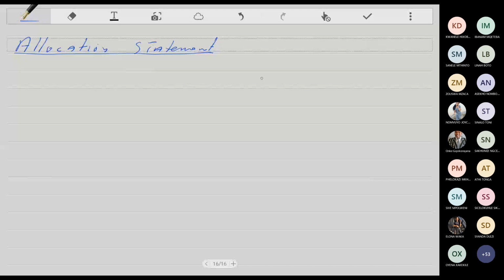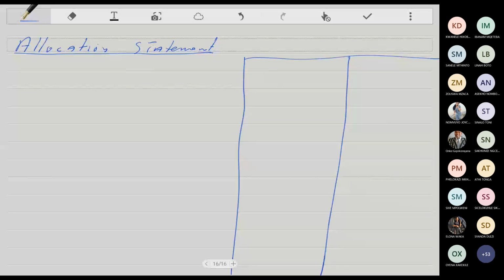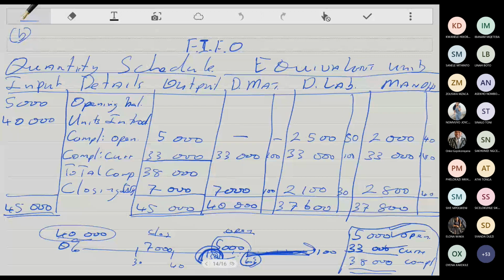Once again, when we draw up the allocation statement, we always end up being guided by the output column of your quantity schedule. So when you check our output column, we've got 5,000, and that 5,000 was your completed units from the opening. So that's going to be your starting point. So it's going to be completed from opening,